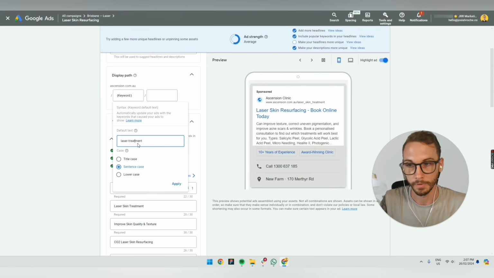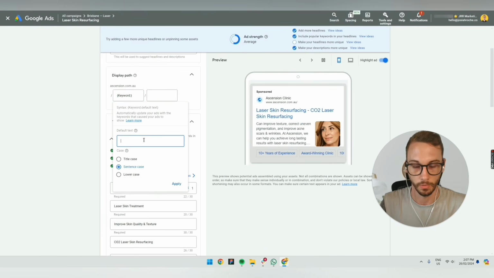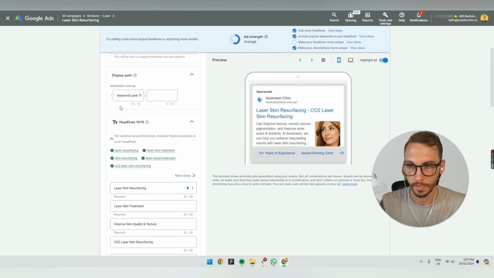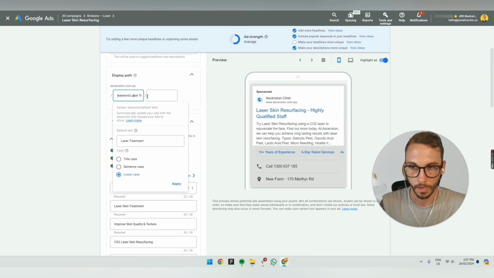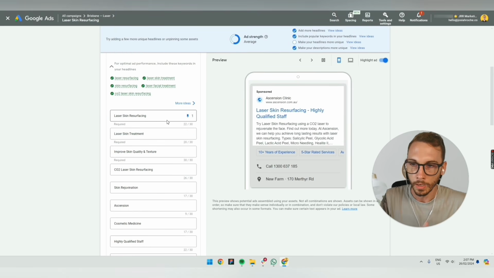Now this is just a backup in case one of the keywords here does not fit in this character limit, which I'm guessing that it probably won't, but that's a quick win anyway, depending on what ads you're running. So we'll just do laser treatment, see if that fits, do it in lowercase, apply. That's fine. It's automatically going to apply the underscore to this one here, so we'll just leave that. Now, what